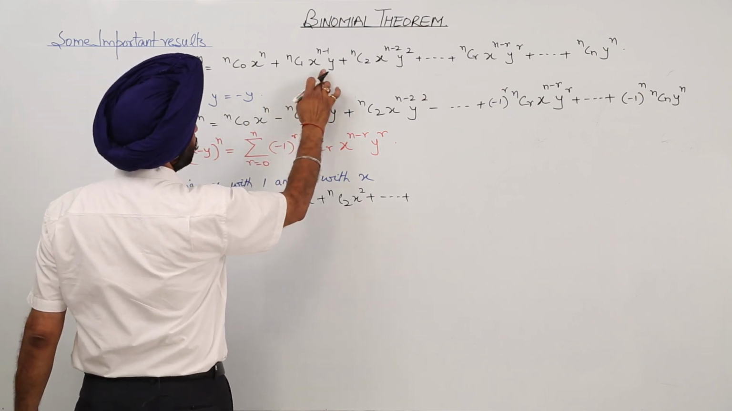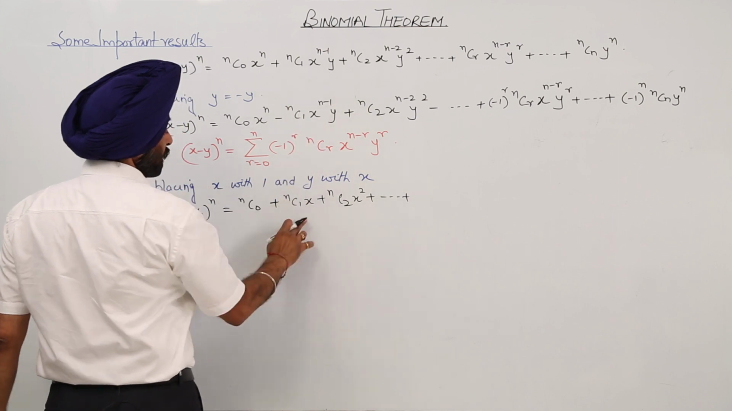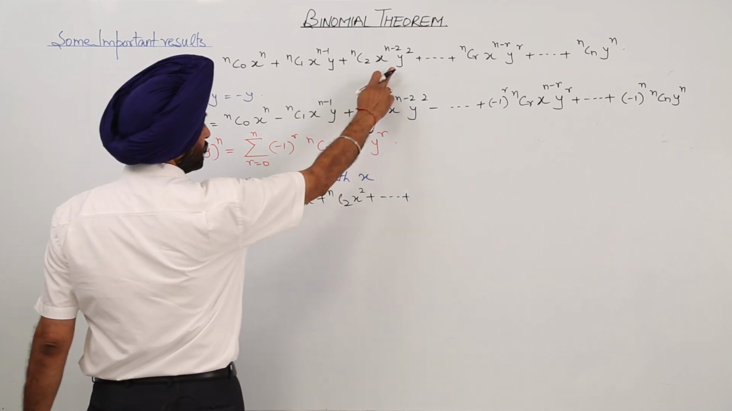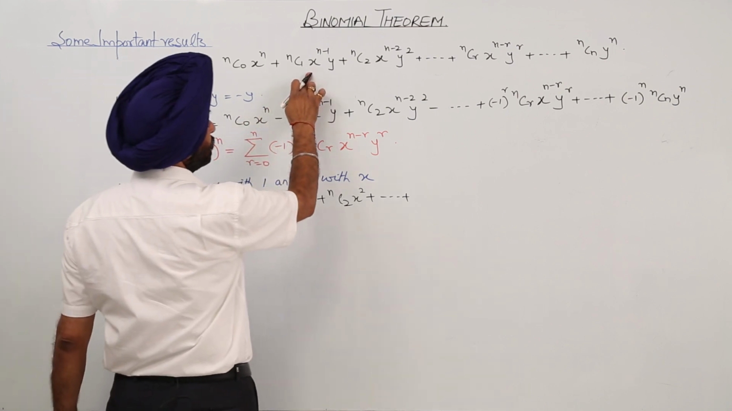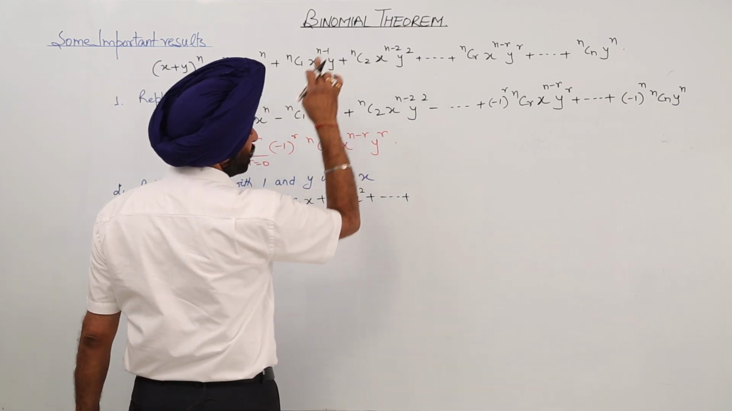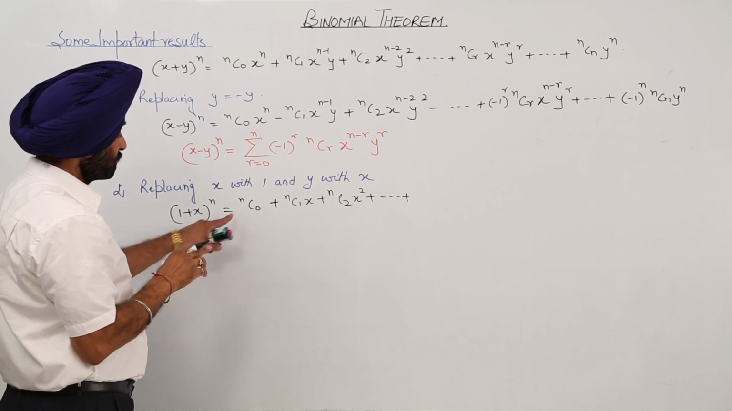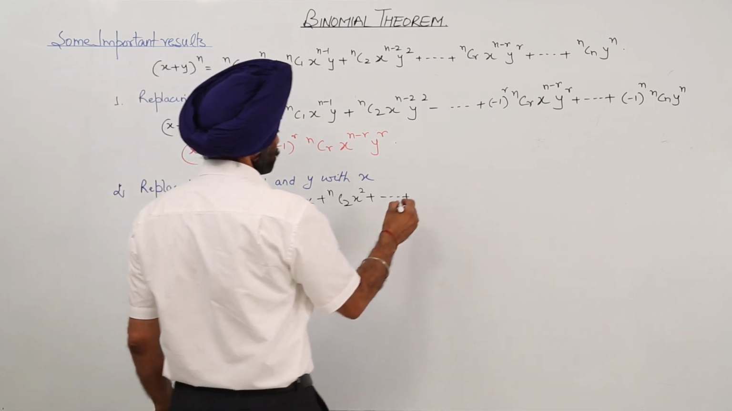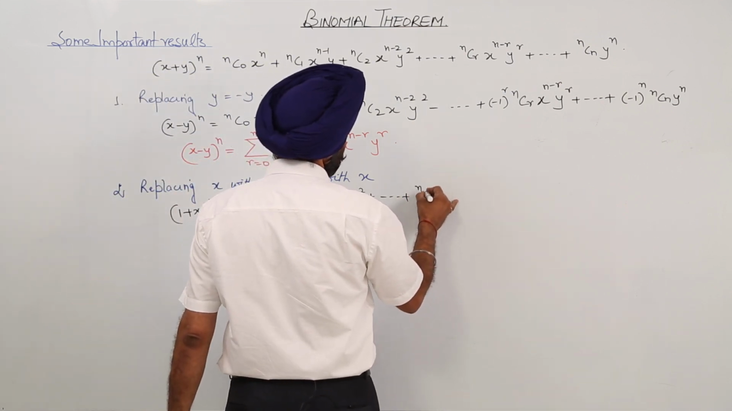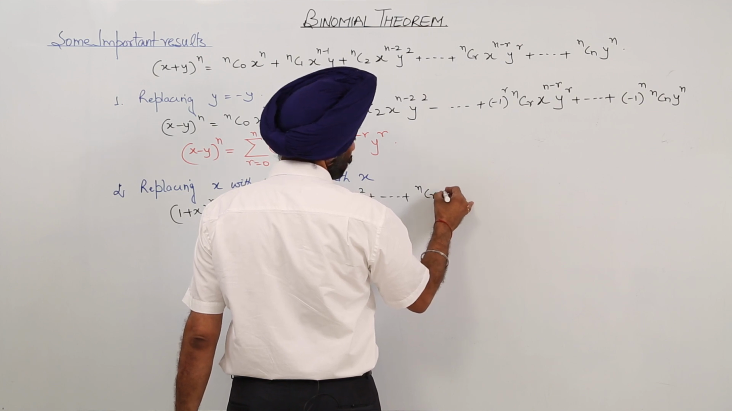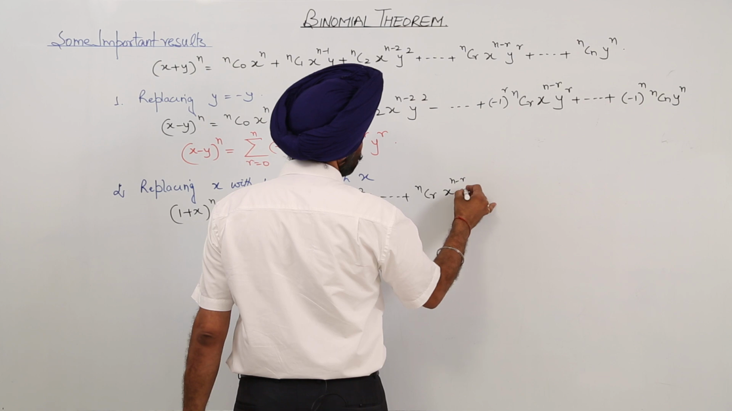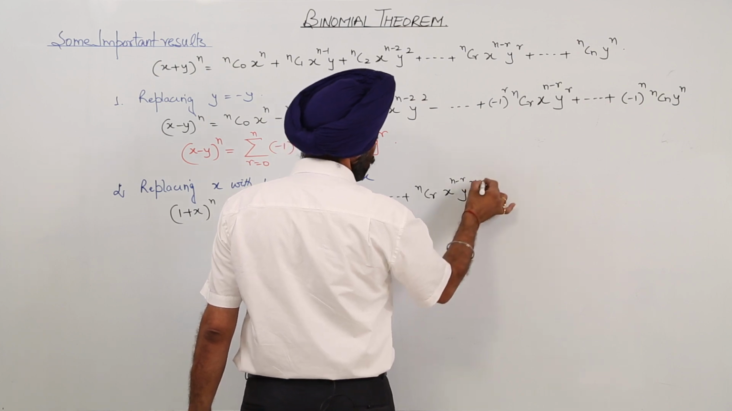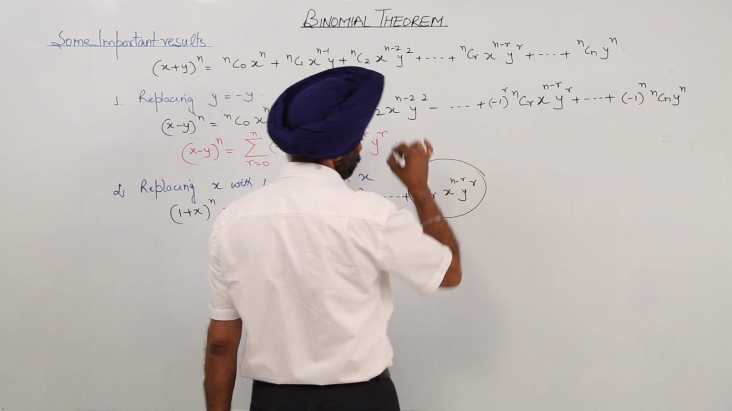Now second one, here it is y, so it means x, here it is y square, it means x square. So first term 1 raised to power n minus 1, 1 raised to power n minus 2, that will be 1 only. So that's why we will be moving like this. Now here it will become nCr with x^(n-r) y^r